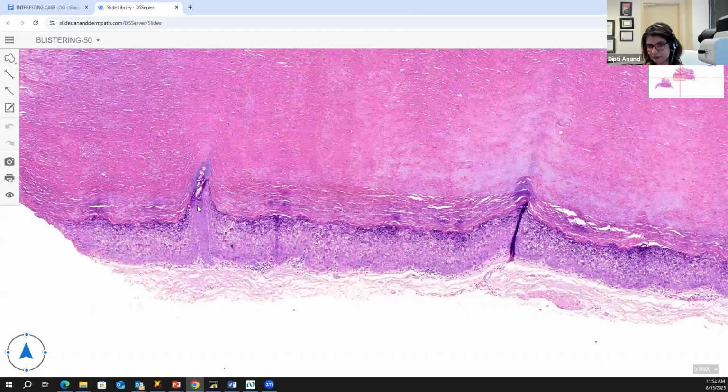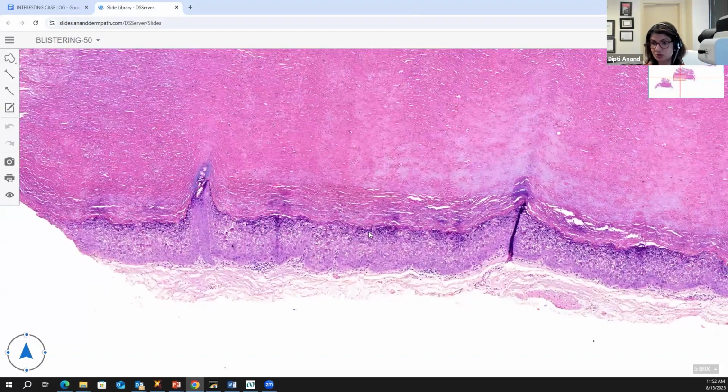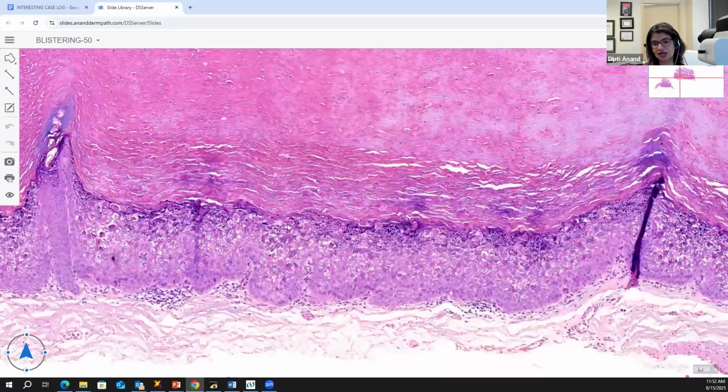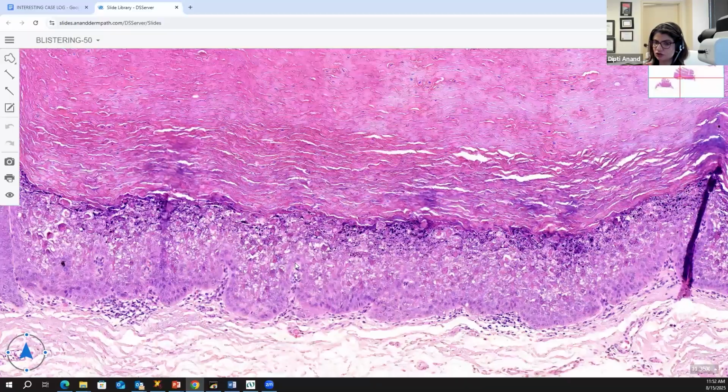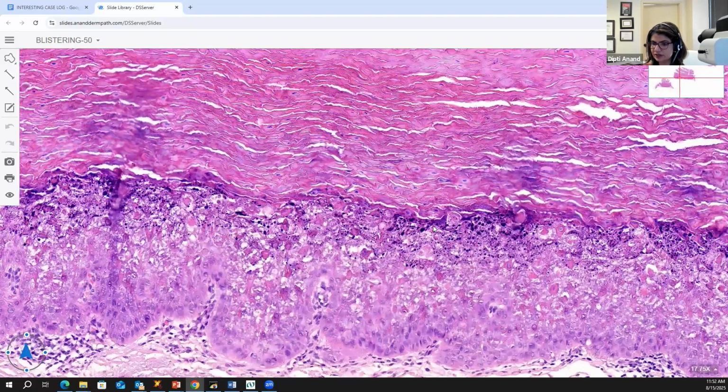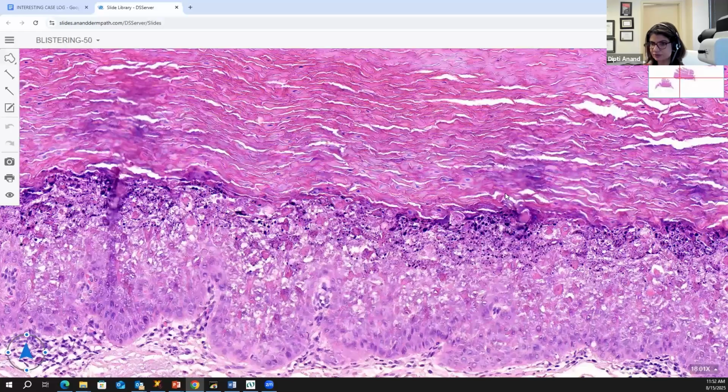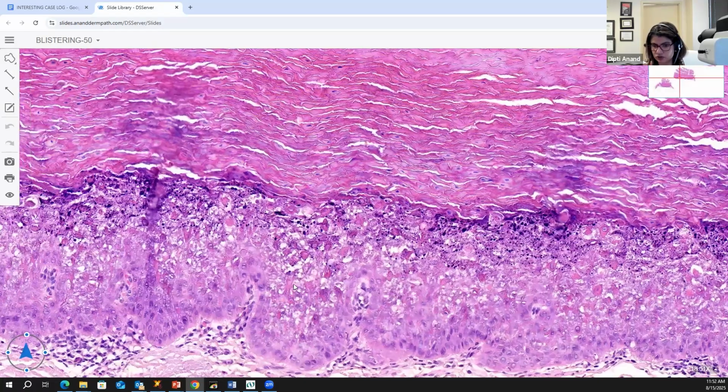This pattern of hyperkeratosis and hypergranulosis mimics a wart. So when you look at it on low power, the first thing you always think about is, is this a wart? But it's not, because in a classic wart, you do not get pallor of the stratum spinosum. You do get hyperkeratosis with prominent keratohyalin granules. So that's the similarity with the verruca. But you do not get the pallor of the stratum spinosum,